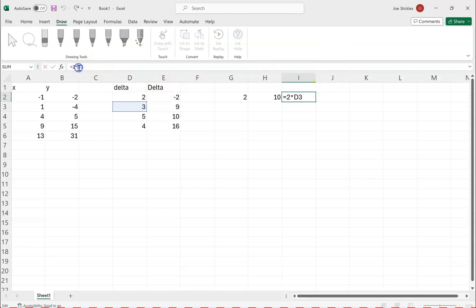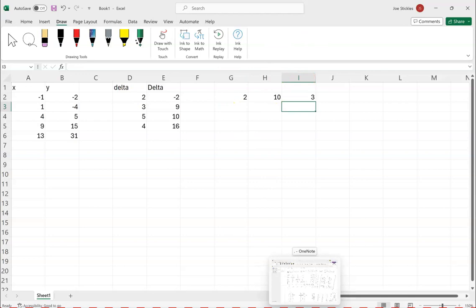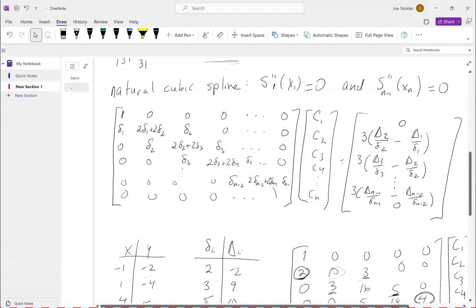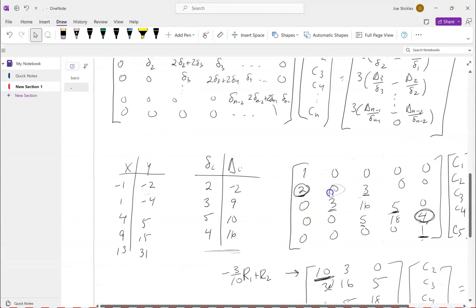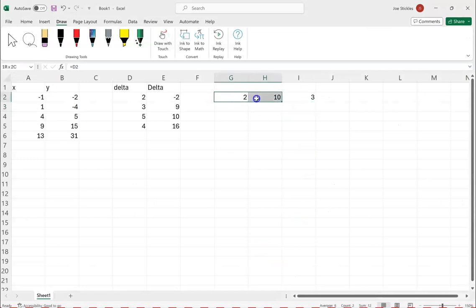Sorry. And again, this should look like, if I go back over to here, 2, 10, 3. That was what we had, right? If I go back over here now and just take this and pull,